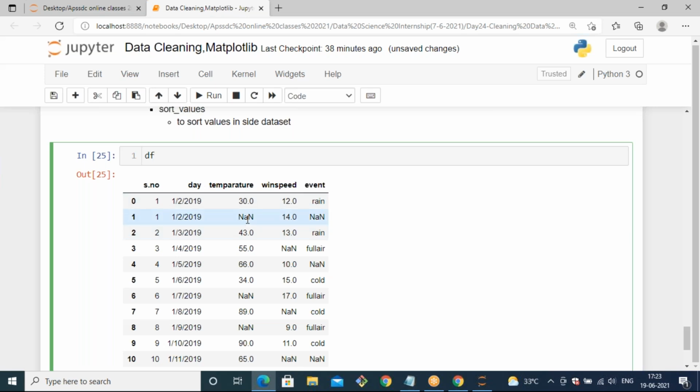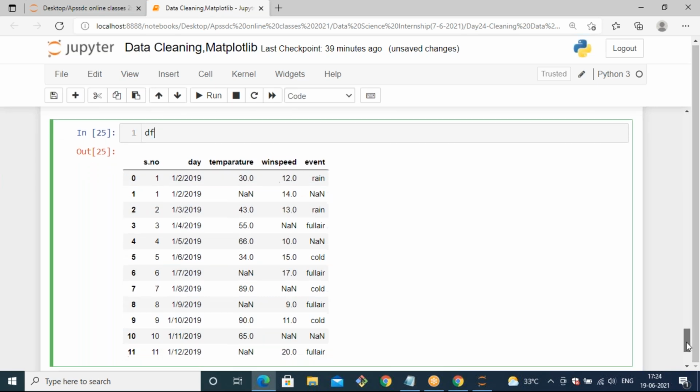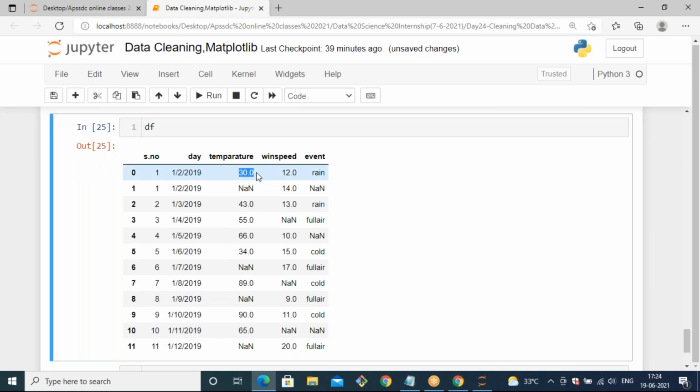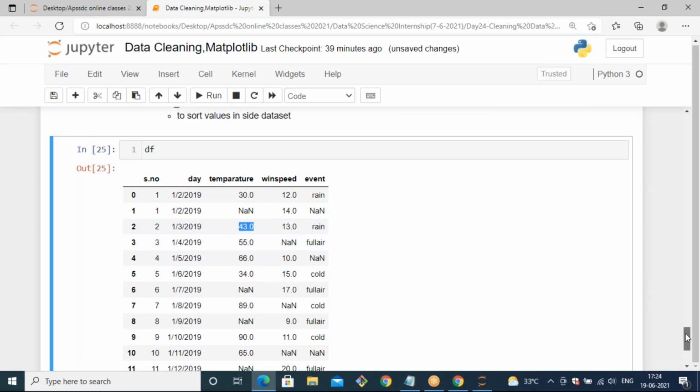If you observe the values inside these columns, they do not follow any order; they may be random values. So let's apply sorting with respect to these columns and observe the result. Before that, in the temperature column the starting value is 30, in the middle 34, and then we also have 43. To sort these values in order, we can apply a technique like sort_values, which we have already seen.